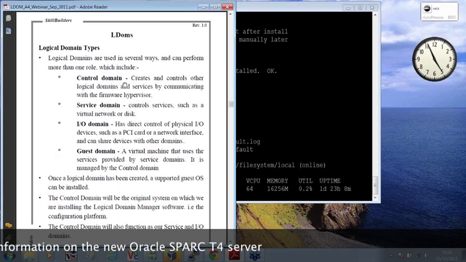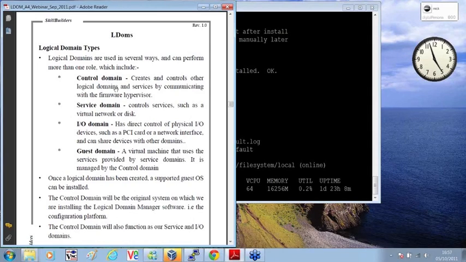First of all, we've got a control domain, which is the original Solaris system that we've just been looking at. We're also going to have something called a service domain, which has virtual services associated with it, like a network and disk, or a disk controller. We can also create an I/O domain,